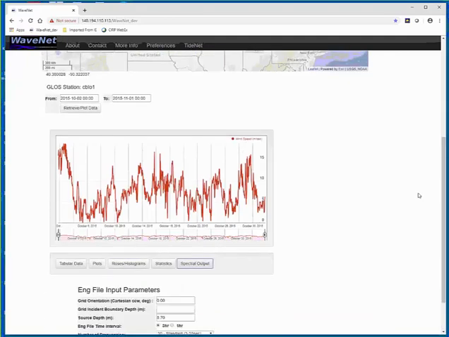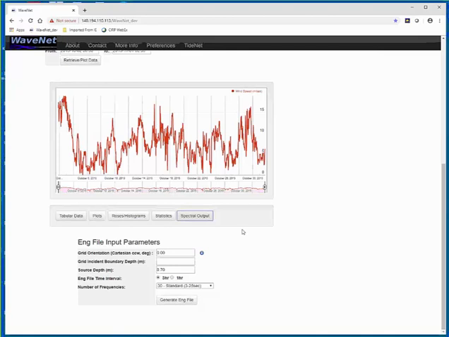Spectral output is worth mentioning here. Some users requested that they want to run the model with winds only, okay? Winds only input. And that's the purpose, basically. So you can generate an ENG file with winds only without any waves, if that's your intention. And again, you still have to do grid orientation, water depth, and then generate the ENG file. There's no such thing as measured 2D spectra here. This is not wave data, this is wind, so I don't have that option here, okay?